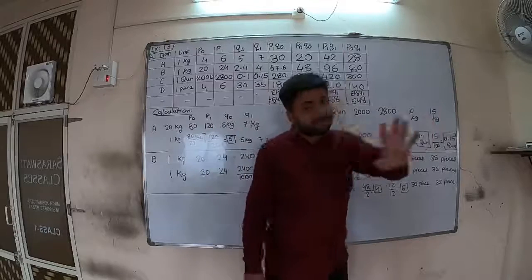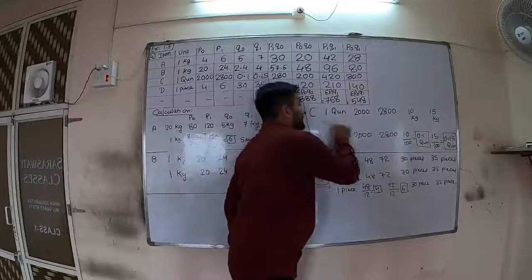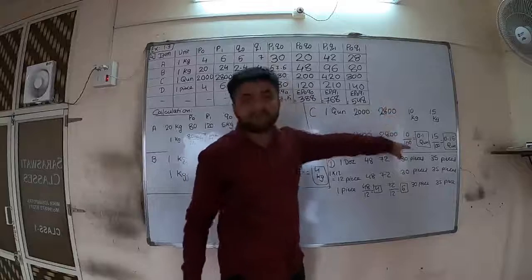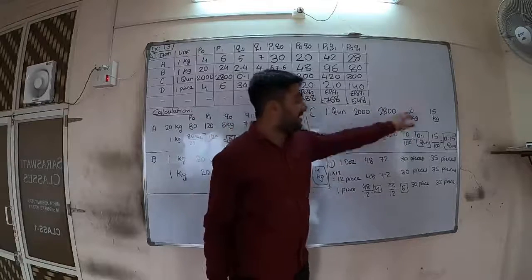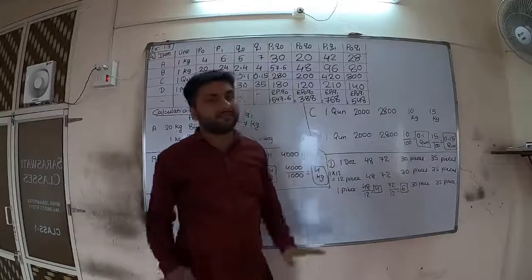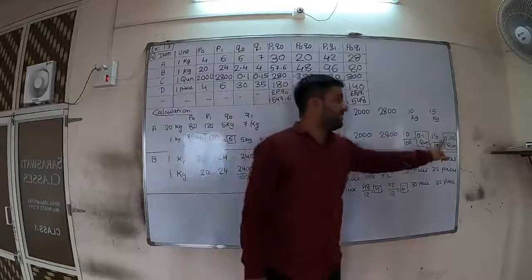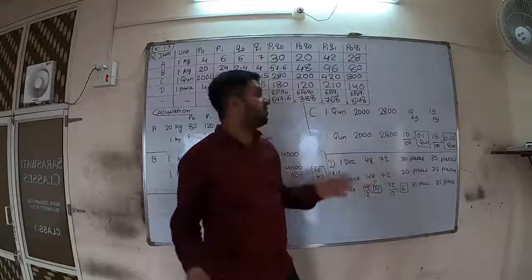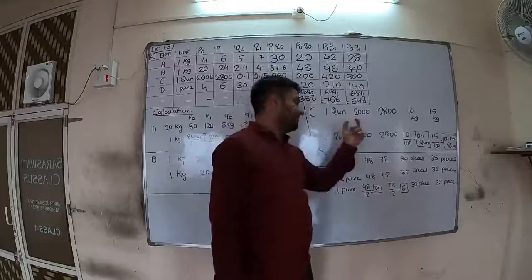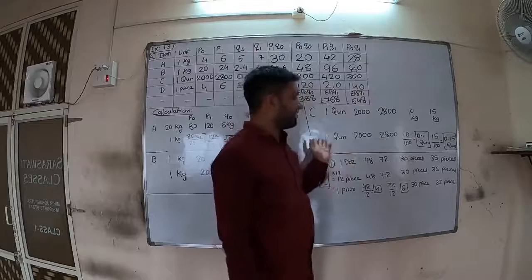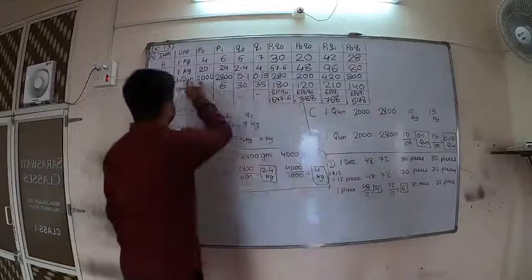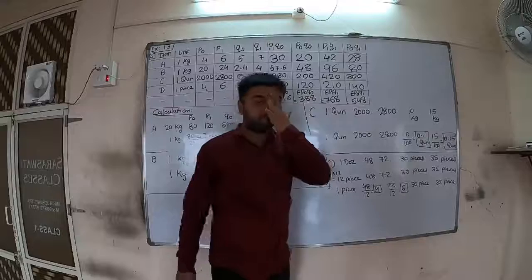Quintal, kg, kg, the units are not the same, but the unit is 1, so first check. Don't write directly, first check. I am checking. 10 by 100 is 0.1, it is okay. 15 by 100 is 0.15, it is also okay. So look, 1 quintal, now quintal, quintal, quintal. Then the unit is always 1, so the sum is solved. We have written and that's the sum.